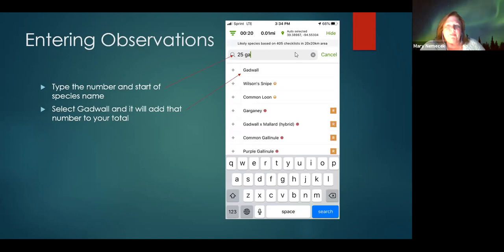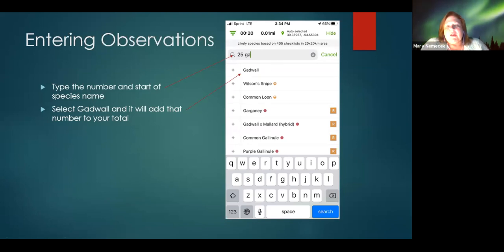Now notice up here at the top, it says auto selected. It just has the longitude and latitude. I didn't pick a location for this one. So if you're somewhere like Loess Bluffs National Wildlife Refuge and you see a common gallinule there in summer, it probably won't flag it in eBird if you have Loess Bluffs National Wildlife Refuge picked as your location. If you don't, it probably will flag it. So if you pick the right location, you get a lot better data as to what is expected there and what isn't. Otherwise, you may be entering a lot of notes for species you don't need to. So I would always check this and make sure you've got your location in there. And then you can start entering it.